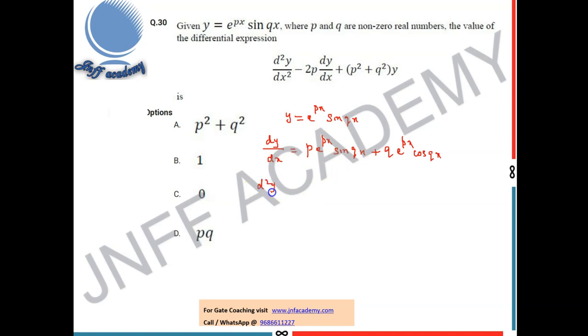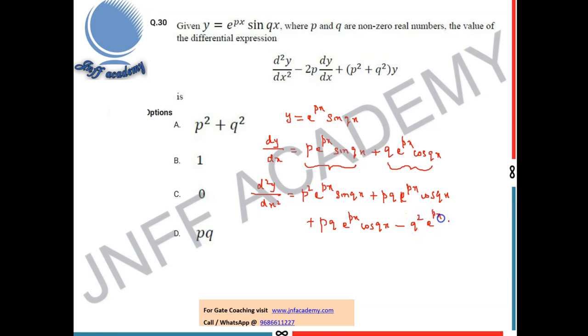because sine qx differentiation is q cos qx, that is dy by dx. Again, one more time you should differentiate with respect to x. We can get the second derivative. What will come? This is also product rule, this is also product rule. So you can differentiate the first term first, p square e power px sine qx plus pq e power px cos qx. The second term, again you should use the product rule, pq e power px cos qx minus, because cos qx differentiation is minus sin qx, q square e power px sin qx. So now you can add these two: p square e power px sin qx, 2pq e power px cos qx